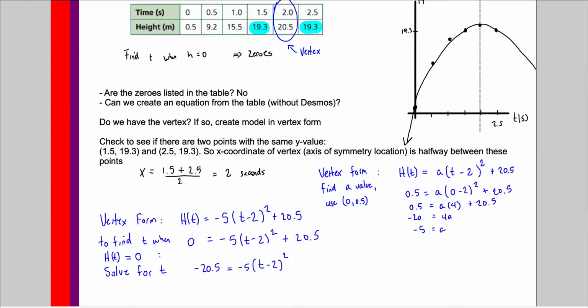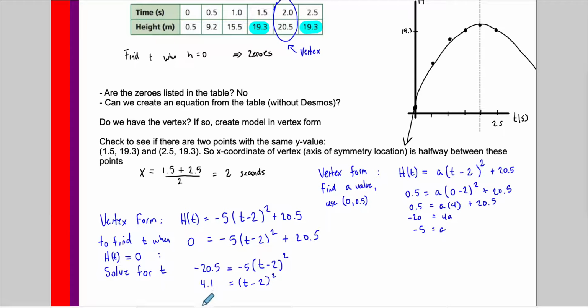And then deal with any division and multiplication. I notice that I'm trying to get t by itself. In this case, the division means to divide both sides by negative 5. So this gives me positive 4.1. And I still have t minus 2 squared. And then the opposite operation for exponents, for squared in particular, means I need to take the square root